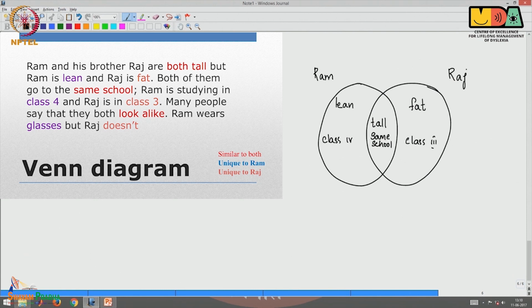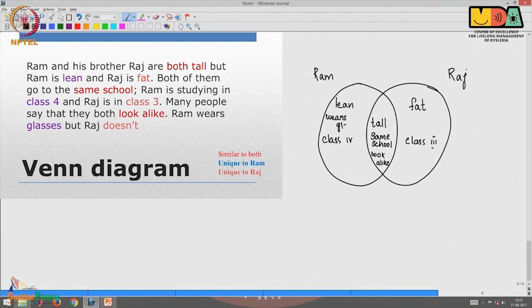Many people say that they both look alike. That is again a common characteristic to both Ram and Raj. So, I would put it in between. I can say look alike or they resemble each other. The last line says Ram wears glasses but Raj does not. I can put it here, or because it talks of appearance, I would take it up and combine it with lean, which also talks about the appearance of Ram and Raj. It is easier for the child to remember both the points together. So, I will write here